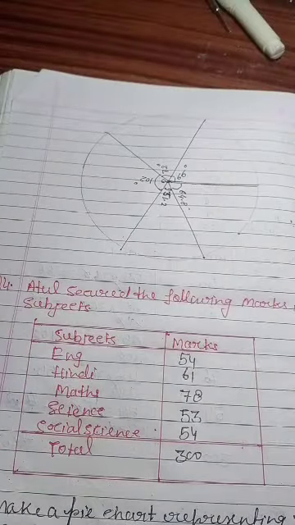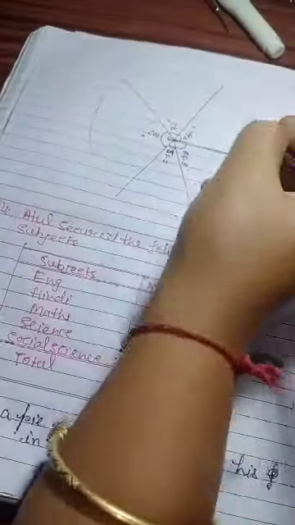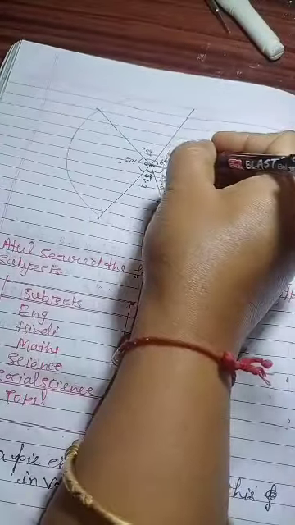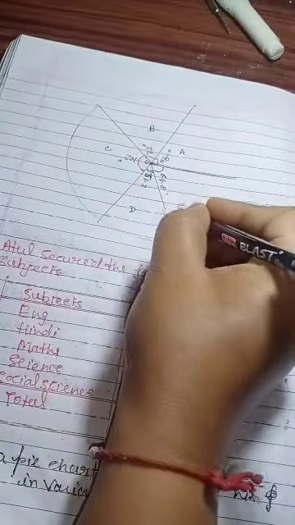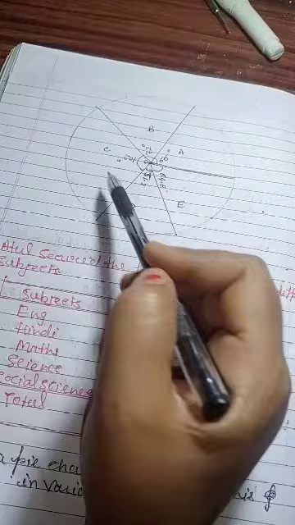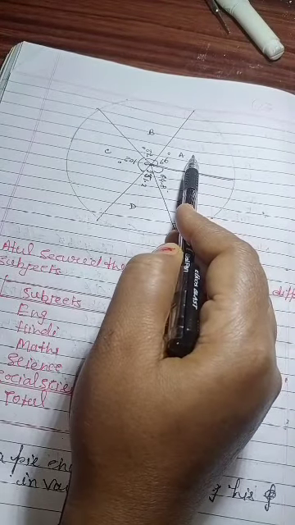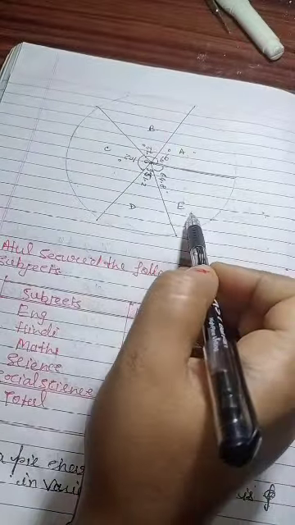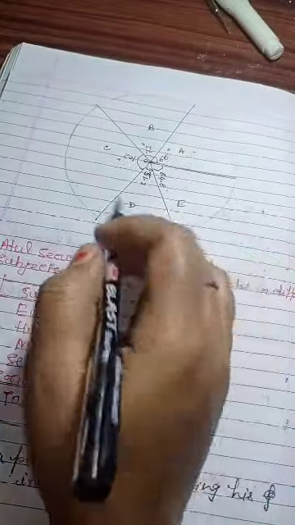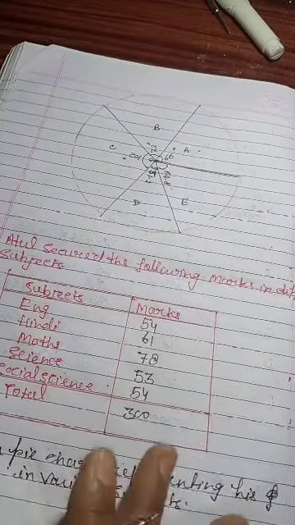Now what you will do, beta, you just write players A, B, C, D, E. From here we have started A, B, C, D and E. And now give them different colors. Suppose you have drawn red here, and black, green, yellow and orange. In this way you can draw the pie chart. Here I am not drawing the color. Color is your part. Okay.